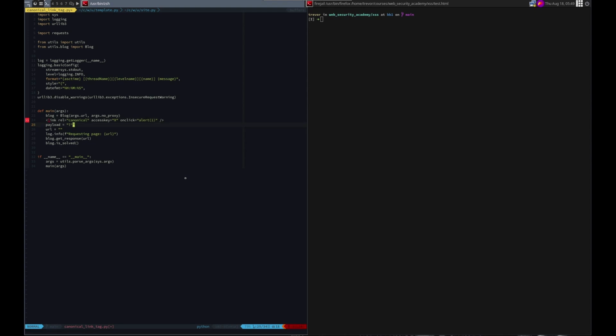Add to the end. We need to create the access key and then onclick. So let's do space accesskey equals, we'll do single quotes. That shouldn't be a problem. We could do, all right, let's do double quotes. I need to escape them so I'm going to do replace it, and then I'm going to add the backslash to escape it, space onclick equals, let's start with the console.log, alert. No, let's start with the console.log,